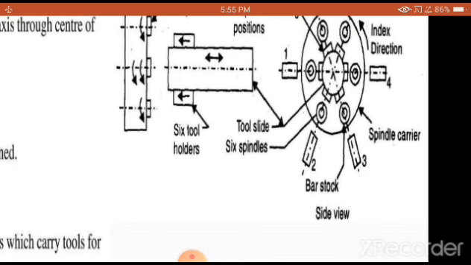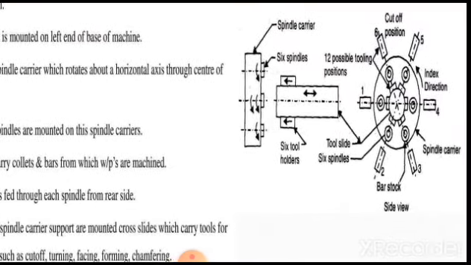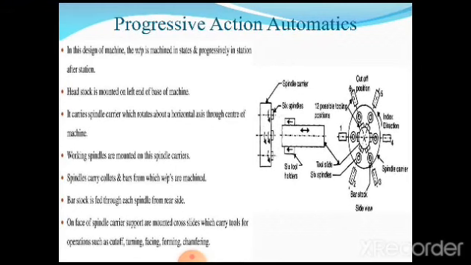The stock moves round the circle in counterclockwise direction from station to station, and returns to station number 6 for cutting off. A finished component is obtained each time the spindle carrier indexes. Because it is a continuous operation, as it comes to the last station, cutting off means once that particular length of the job is fixed, automatic cutting off takes place, and it is held in a suitable material handling box where it can be taken away for the final inspection.